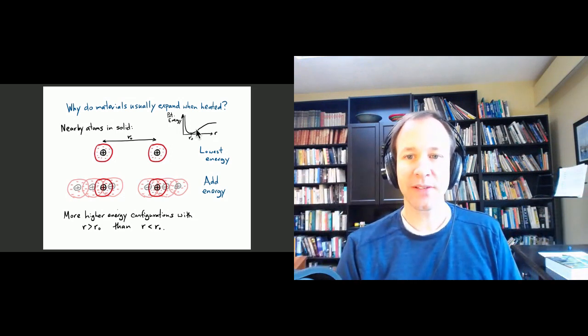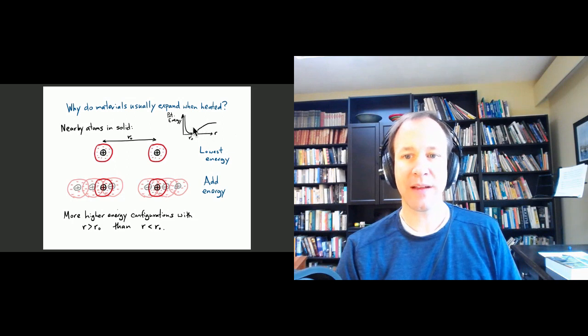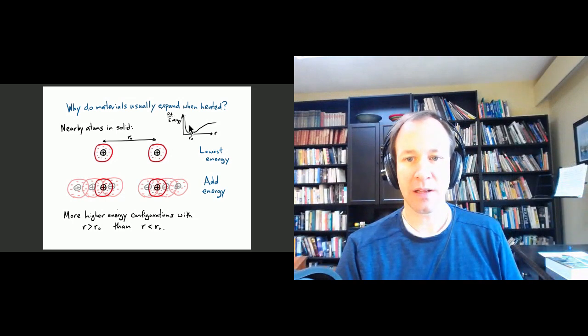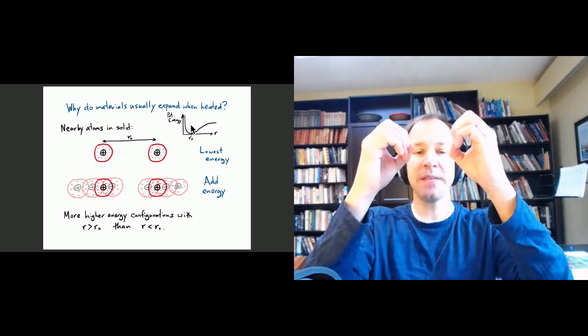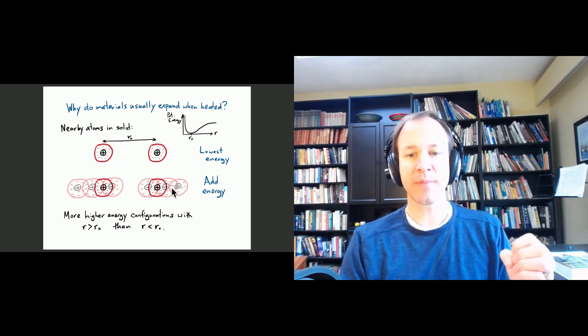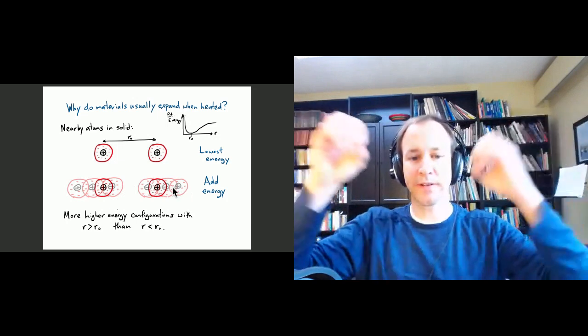And so if I add a certain amount of energy, now I can be at this energy here. So then the molecule can vibrate all the way from here out to here. It could explore all of these possible configurations. But you'll notice that there's a larger space of possibilities when the radius is greater than R0 compared to when the radius is smaller than R0. Okay, so what that means is that as the molecule is vibrating, sometimes it'll be closer than R0 to the nearby molecule. Sometimes it'll be further apart, but actually more often it's going to be further apart,